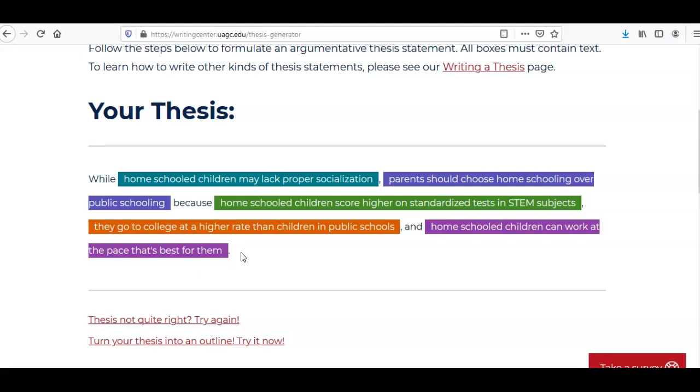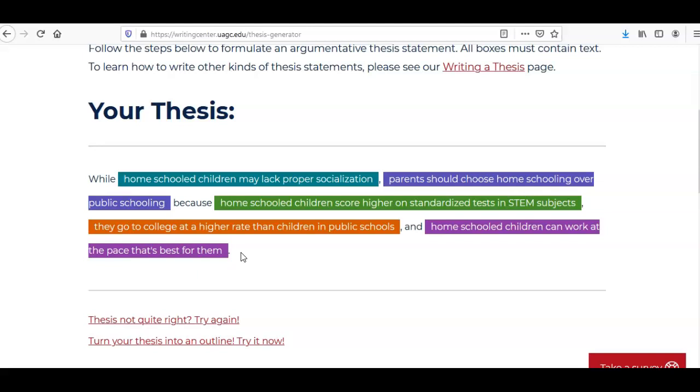So the reason that I do it this way is because if you look at this thesis statement, you really have an outline for your paper. If you think about it, you've got the introduction of what homeschooling is, maybe how many people in the U.S. homeschool, and so on. And you can't use this topic in this class because it's used for demonstration.